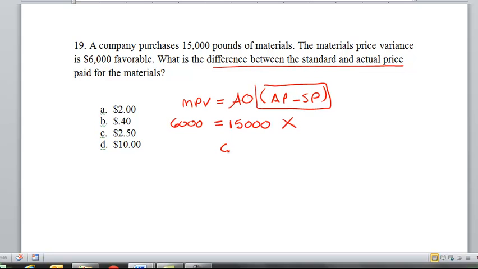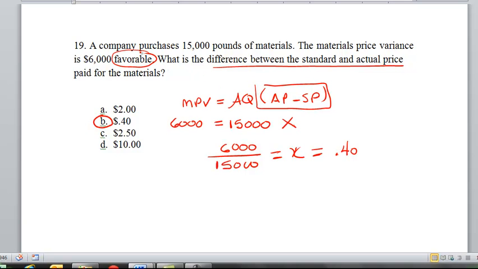So if we take 6,000 divided by 15,000 equals x, x is going to equal 40 cents, or B. So it's saying the difference between actual price and standard price, whatever they are, is 40 cents. And the other thing is, just to step back a second, if that 40 cents and it's a favorable variance,